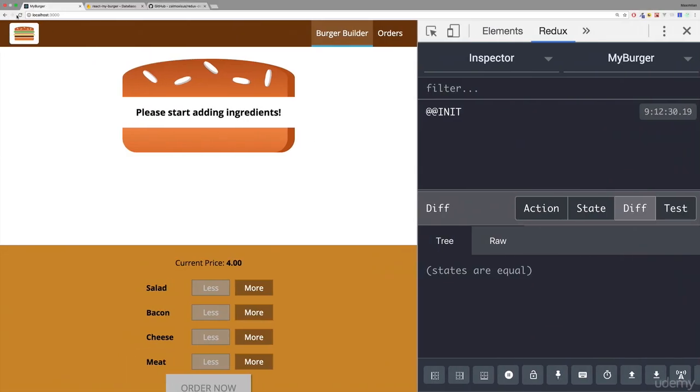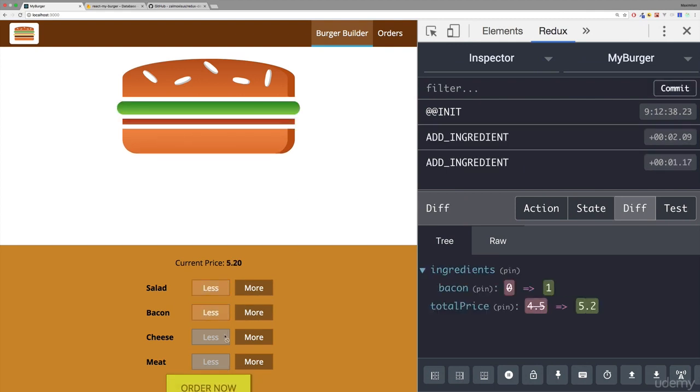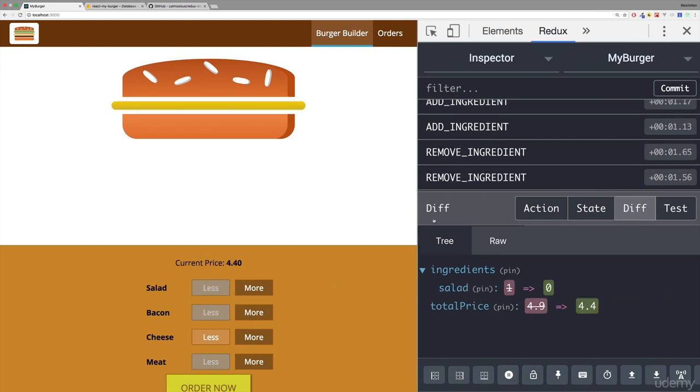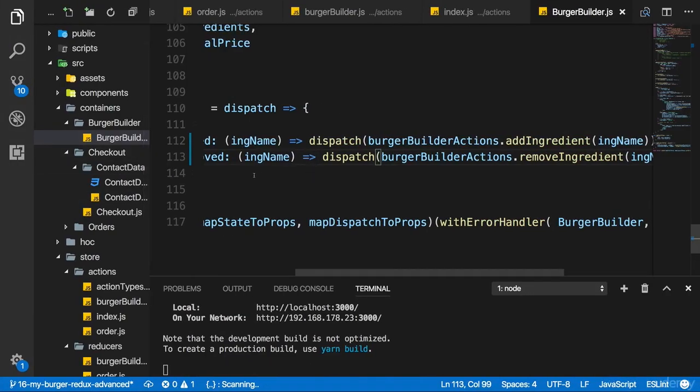We can actually check this out. In the running application, if we start adding ingredients again and removing them, we should see that it works just as before, but now, of course, with the help of our action creators. So that's the first step. We moved towards this action creator setup. We, of course, did this to run asynchronous code, though, so that will be the next steps, adding action creators for orders so that we ultimately can handle the whole ordering process through Redux.